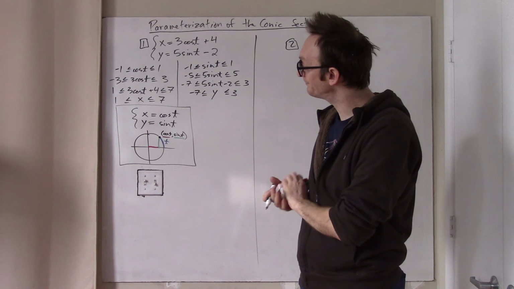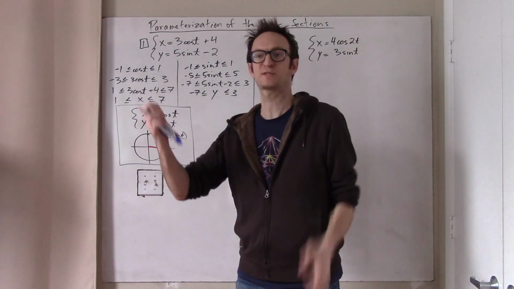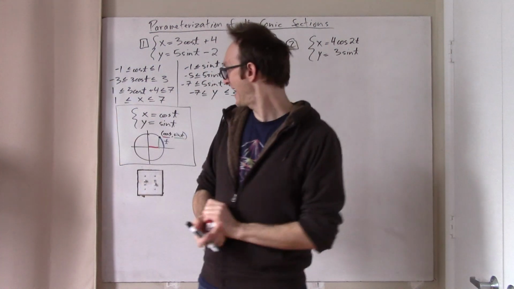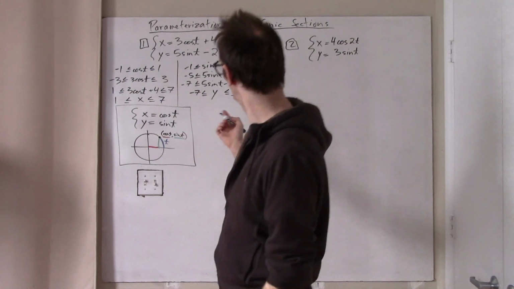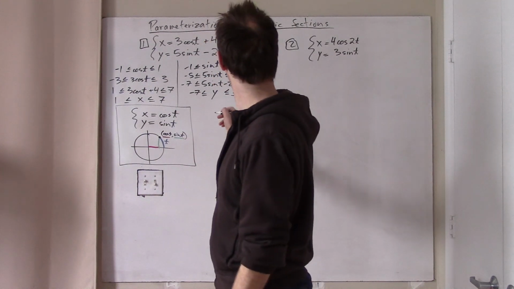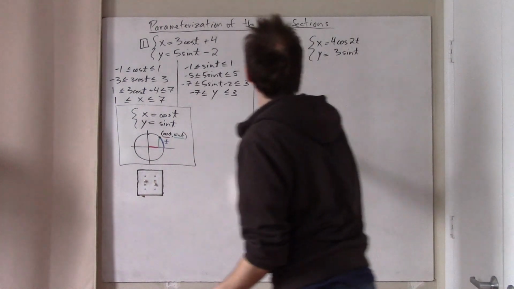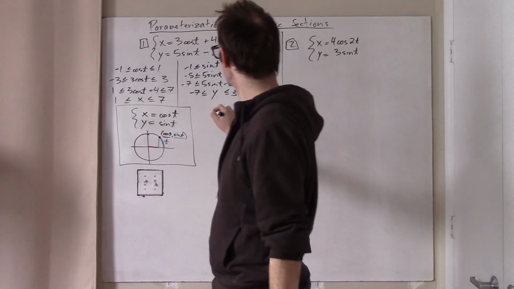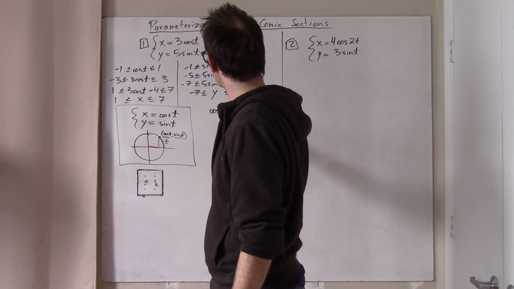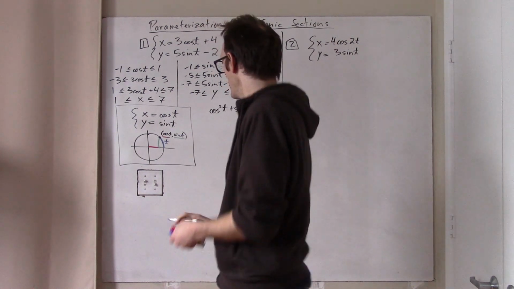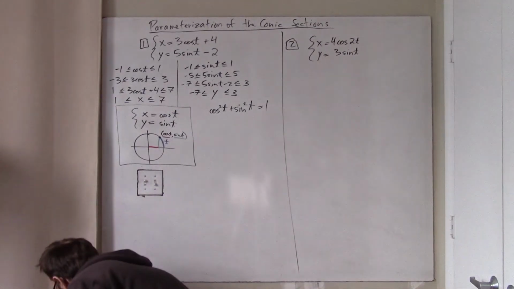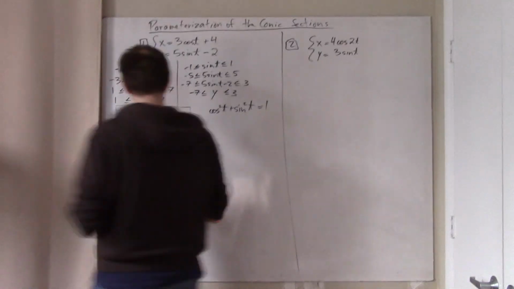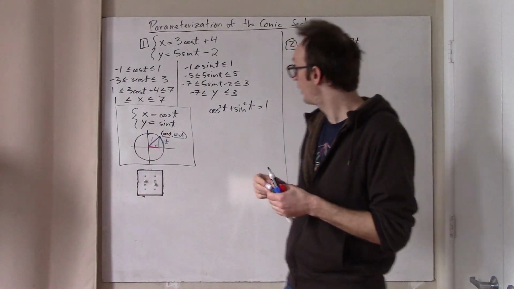And in fact, this is another kind of perspective on ellipses. What are ellipses? They're just stretched out circles. And what we can do, running out of room a little bit here, is use the identity which says that cosine squared t plus sine squared t equals 1. Of course, that is just the Pythagorean theorem applied to this triangle, because this is just a right triangle with hypotenuse 1, and this is cosine and this is sine. Okay, so anyway,